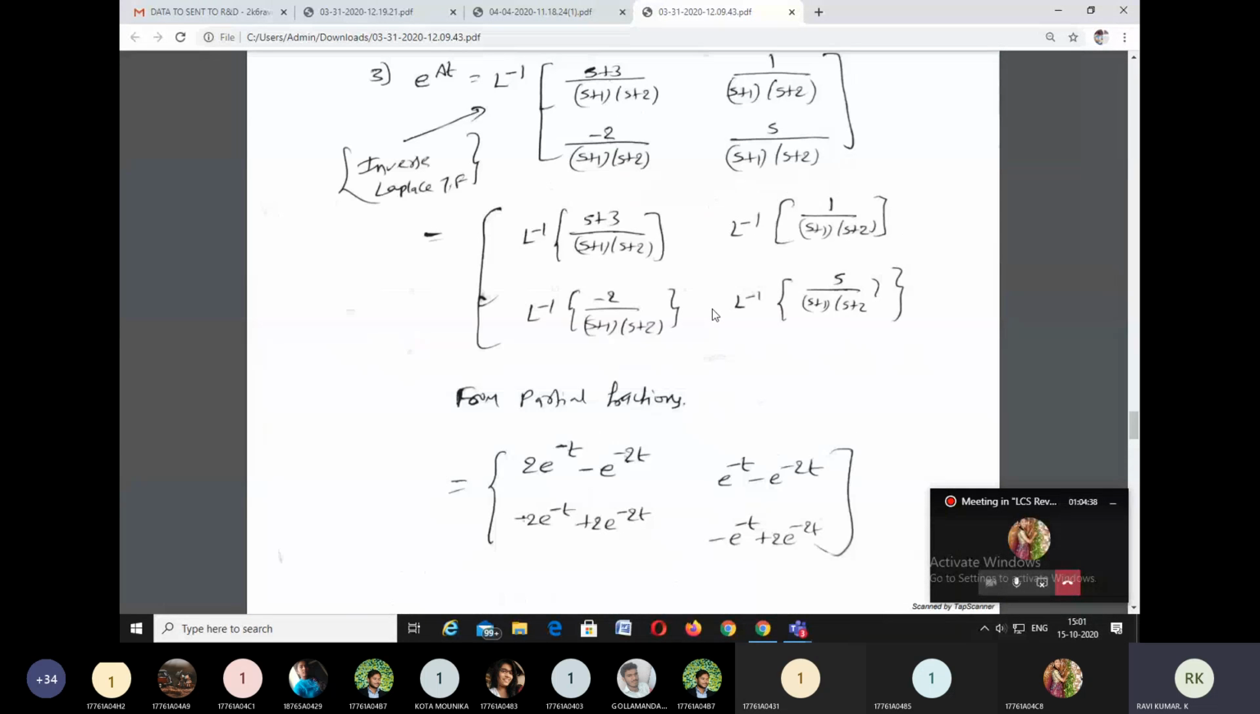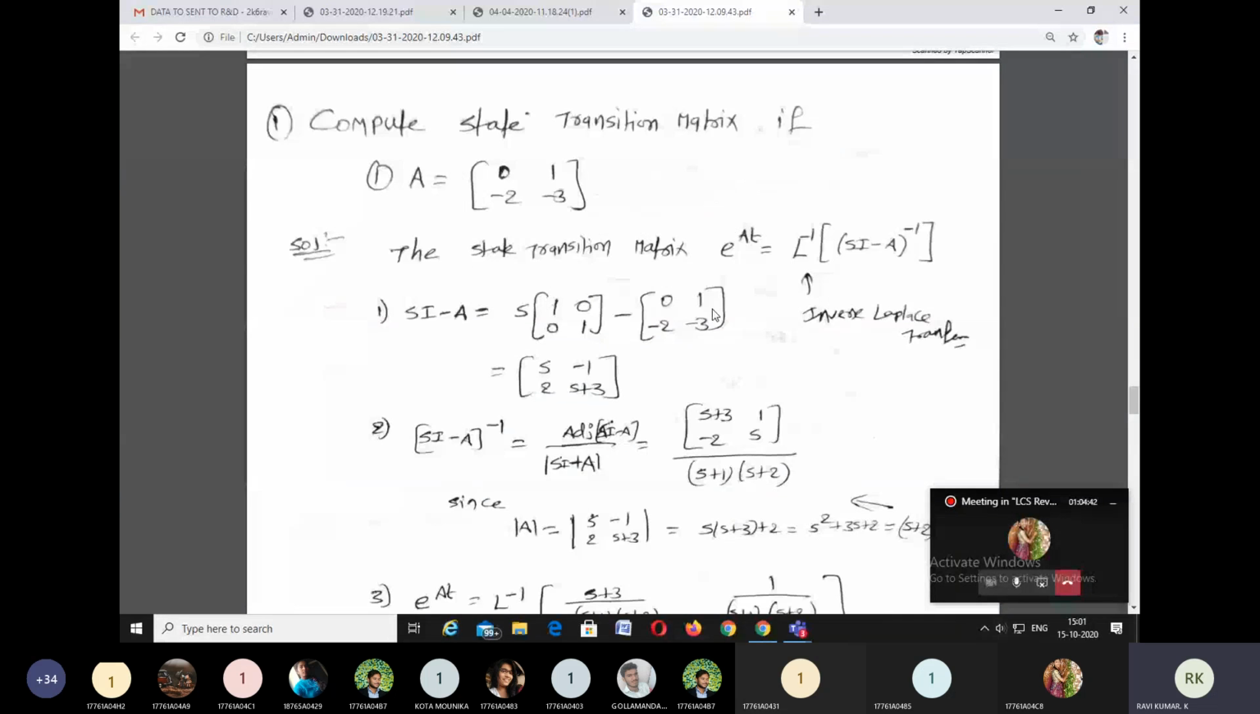So right, again I'm repeating this one. What is the state transition matrix, right? e^(At) can be written as Laplace inverse of (sI - A) whole inverse. In the problem in the examination, they'll give ẋ = Ax + Bu, y = Cx + Du, right? But you don't require the C matrix, B matrix, D matrix there. You require only the A matrix, right? So from the A matrix,